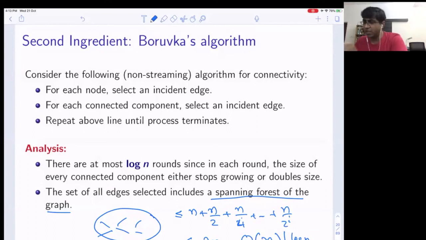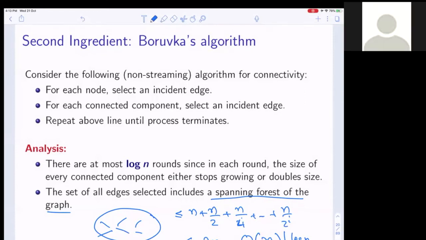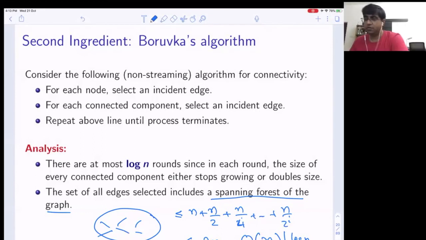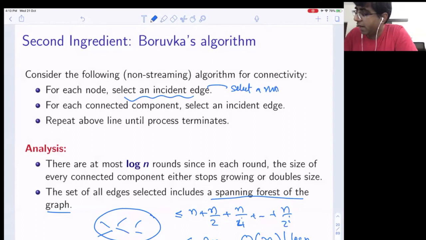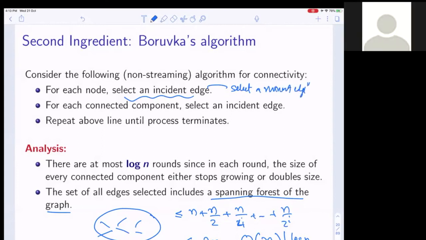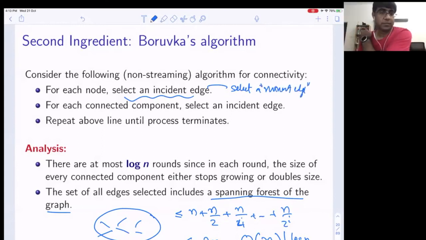I mean, this is nothing we were doing in streaming at this point of time. So Saket, yes, this is for MST. You actually select the minimum weight edge at each point. But I was just doing it for connectivity purposes. But you are right. So if we wanted to do it for a minimum weight spanning tree, as you say, we should select not an incident edge, but a minimum weight edge. Am I right? Is this what you're saying? Yeah, that's what you do.